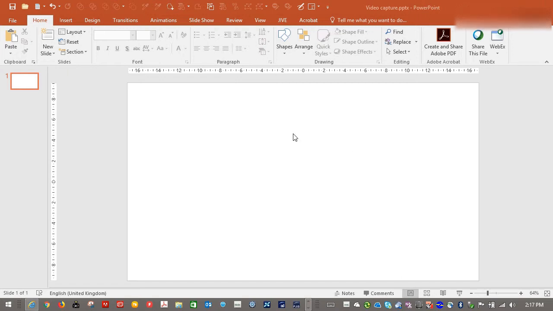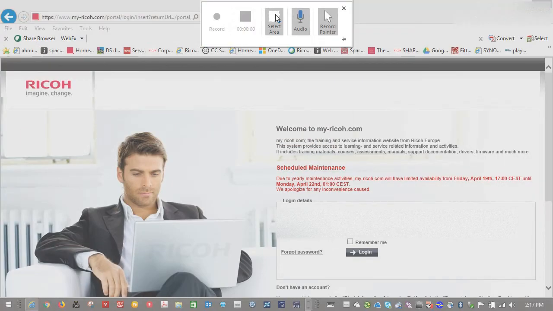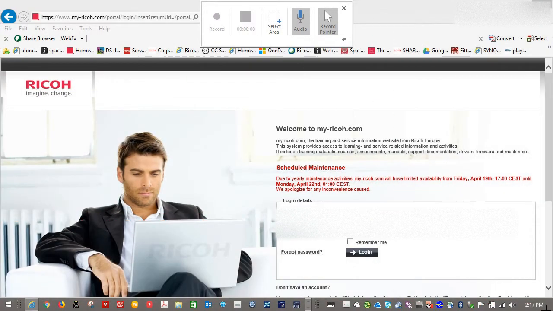So what I will do is I have my PowerPoint open, just a new PowerPoint, and I will go to Insert. As you can see at the top here, I will click on Insert, and on the media side you can see that you can start a screen recording. If you click on that, you will have the option to select a certain area. Well, in this case I will select this screen area,